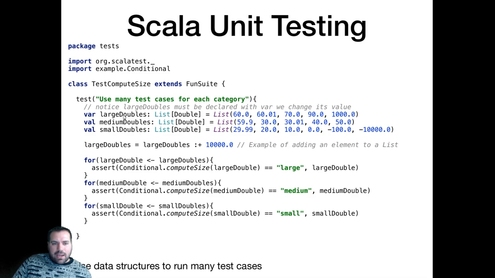But here, I want to show off some data structures. We didn't have data structures examples on Friday. I just kind of threw data structures at you. So let's talk about how to use these lists as well and get used to using data structures in Scala. So here I'm going to create 3 lists of doubles. The first list, these are all the inputs that should return large. Second, all the inputs that should return medium, and then all the inputs that should return small that I'm testing